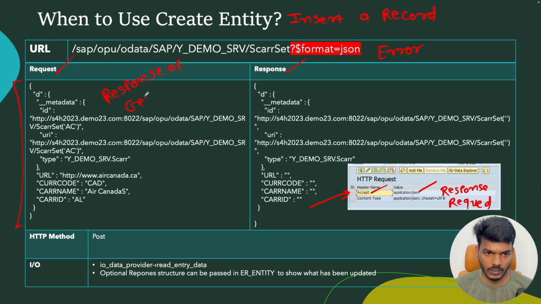get entity. You just need to modify the values of these fields, whatever you need to insert to the database. We will see that when we move to SAP. And if we talk about the HTTP method, to trigger our create entity, we need to use the POST HTTP